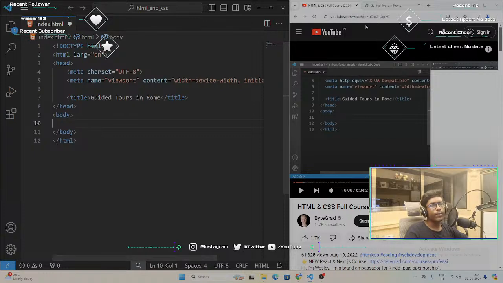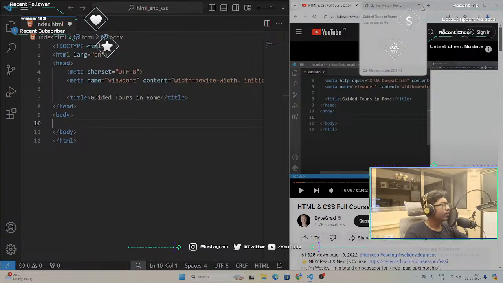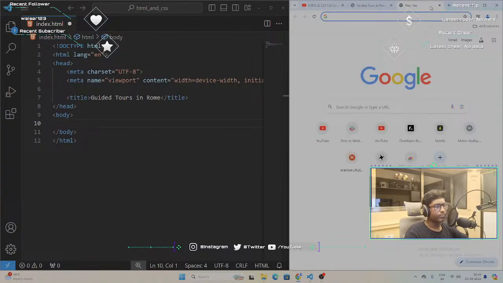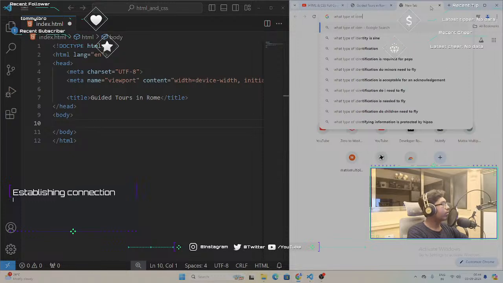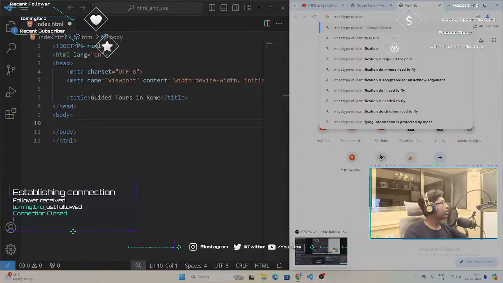In HTML, what is the conventional indent use? What type of words? I heard,